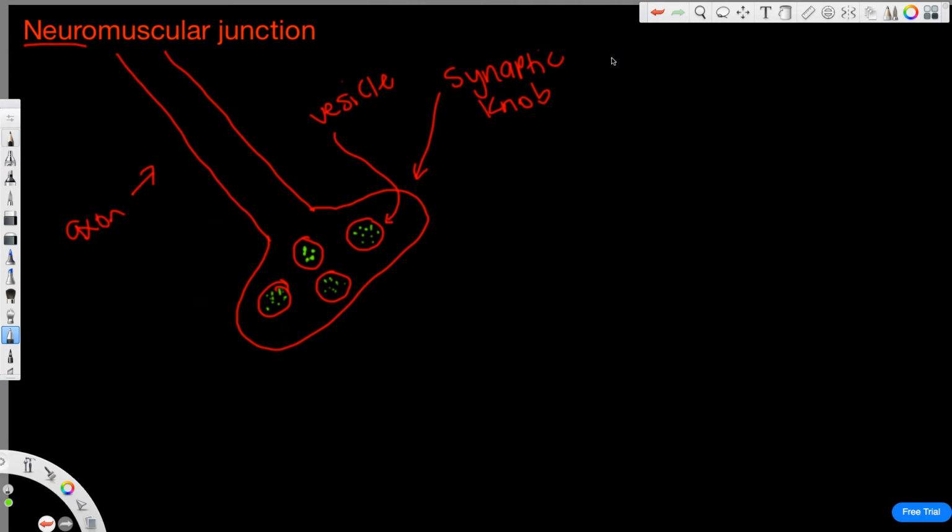So up here, let's draw green equals acetylcholine. And I'm going to abbreviate that ACH. Okay, so we've taken care of most of the neuron part, but we haven't yet addressed the muscular component, so